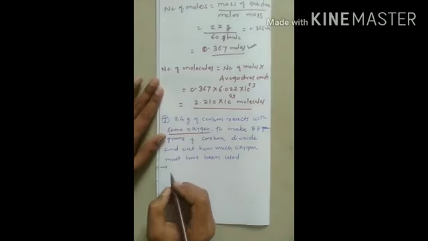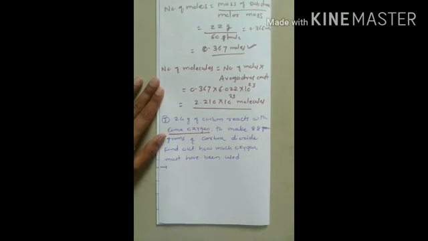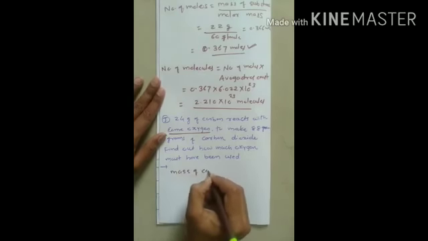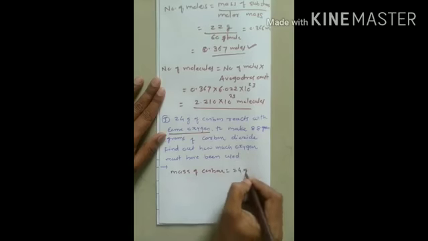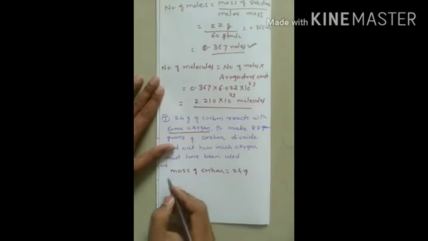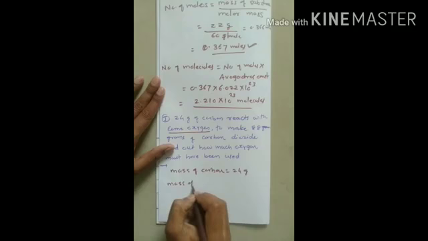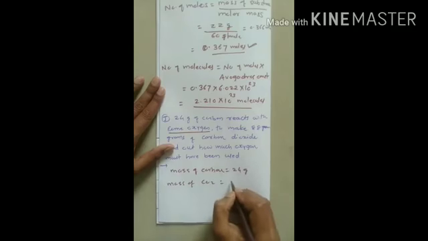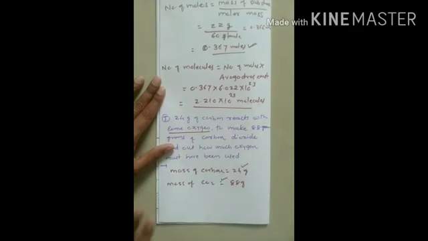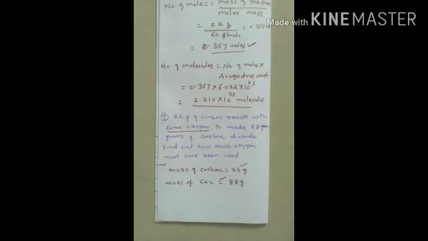So here, as we already know the basic reaction, when carbon reacts with oxygen, we will get carbon dioxide. So in this question, mass of carbon is given. Mass of carbon is given as 24 gram, and so this will be your reactant, isn't it? And at the product, mass of carbon dioxide is given, mass of CO2 I can write. So it is given as 88 gram. Okay, so this will be your reactant and this is your product, isn't it? So mass of reactant and product is given, and you have to find out the mass of one more reactant, so that you will get the proper product. Okay, so we have to find out the mass of oxygen.